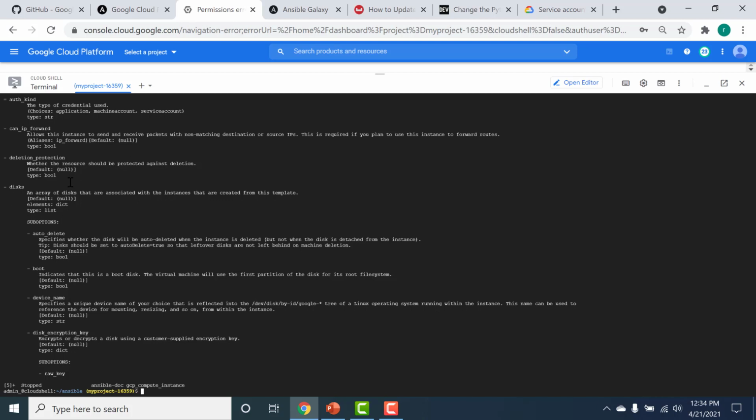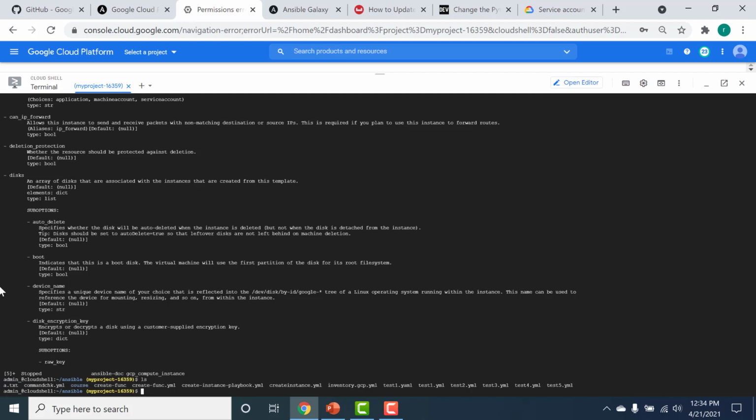So let's run our playbook and let's see what the output is. The name of my playbook is create instance. Again, to run my playbook, I would run the ansible-playbook command. It would be in my local instance as well, so I don't need to provide the host.